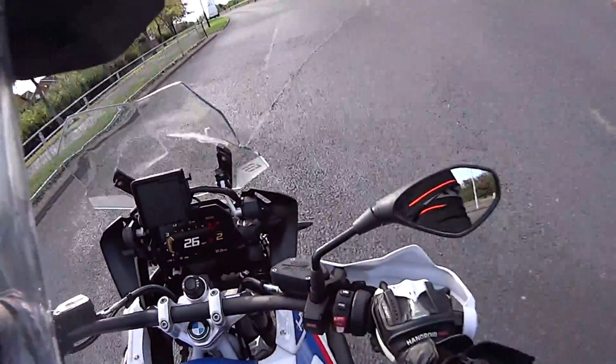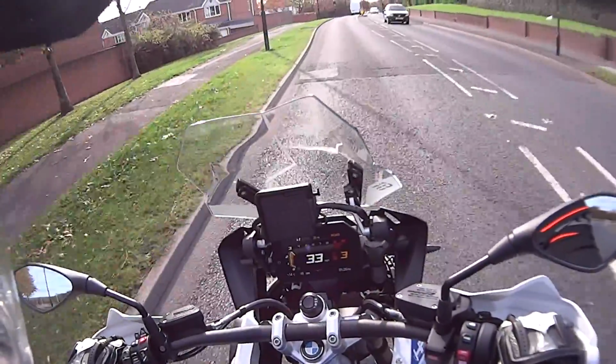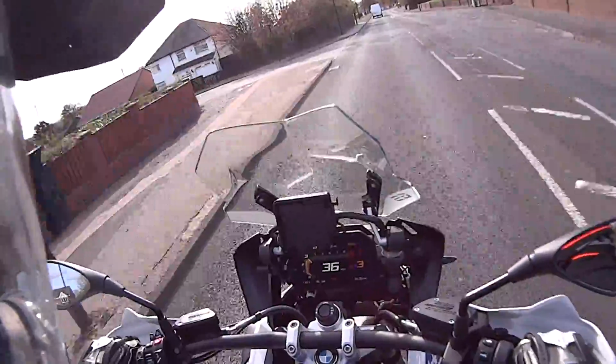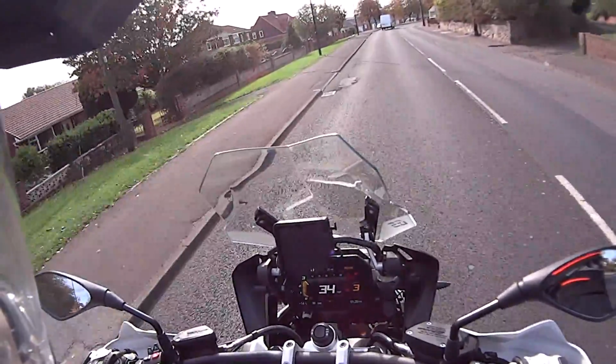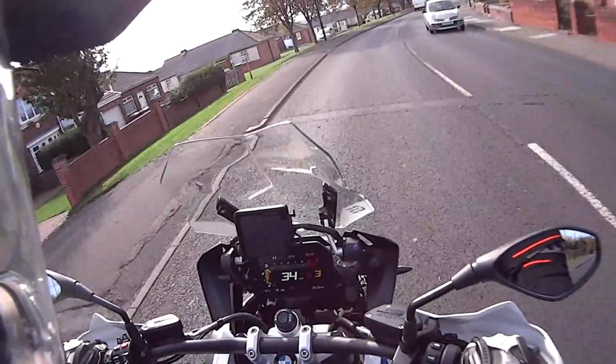I'm really impressed by the handling. Obviously, this being the HP model, it's got everything that they do on it. So ABS, traction control, leaning ABS, lean sensitive, it knows the angle you're at. It's got everything you can think of, including the